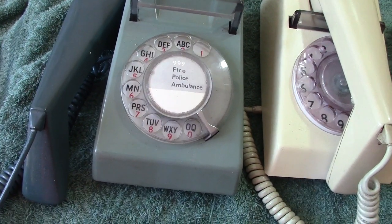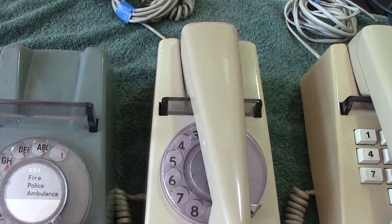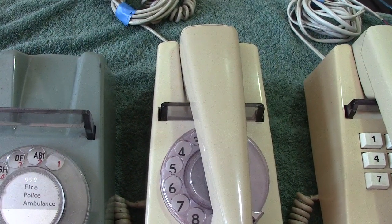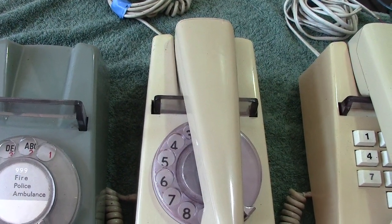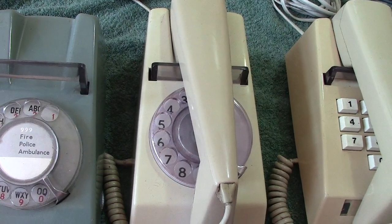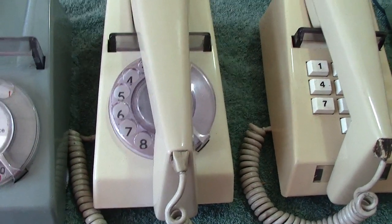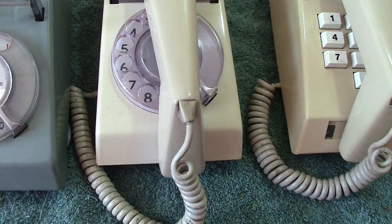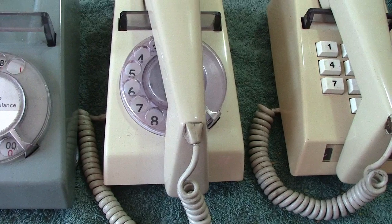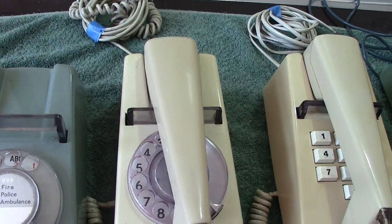Anyhow, leaving this, let me have a little word about the Trimphone. I was working in BT, or the GPO at the time. Well, I just started, hadn't been there very long, and was learning. And this was when, in 1965, the Trimphone appeared, and it caused a lot of interest because of its unusual shape. It was brought out as a bedside phone, being nice and small, easy to handle,